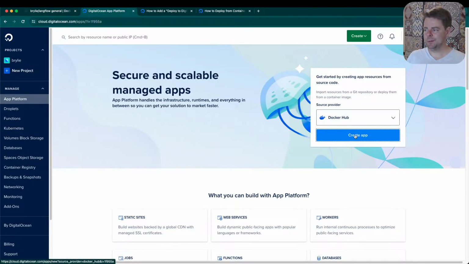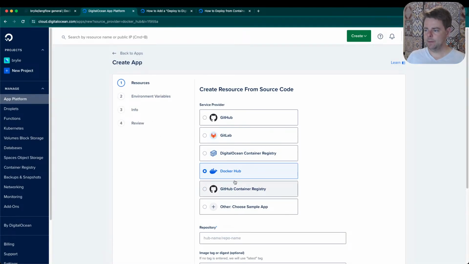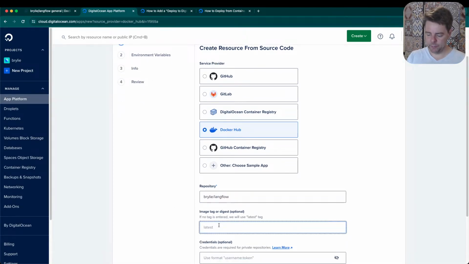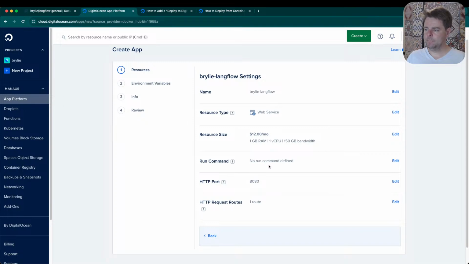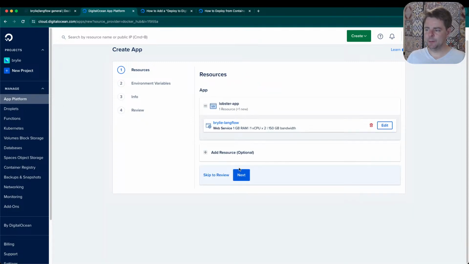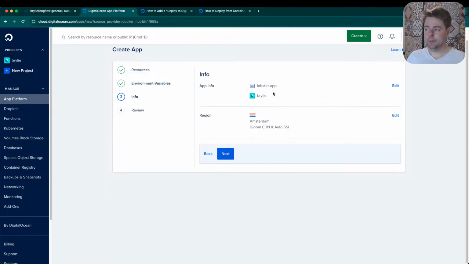Just gonna kind of close up some of these tabs. I get confused too easily. And Docker Hub, that one, and the tag would be pre-release. Or was it? Yeah, it was pre-release. Don't need credentials. Lobster app. It's kind of annoying I can't change the app here. I was just thinking of the persistence, how we will persist these graphs, and later on I'll come back to it. No, then I can edit the